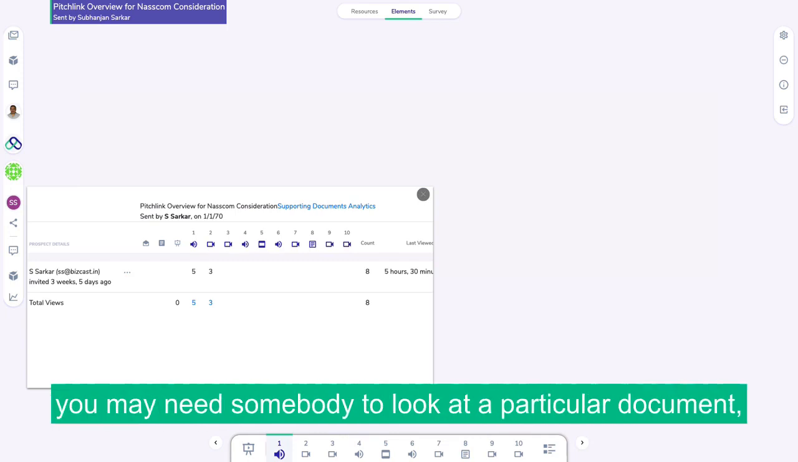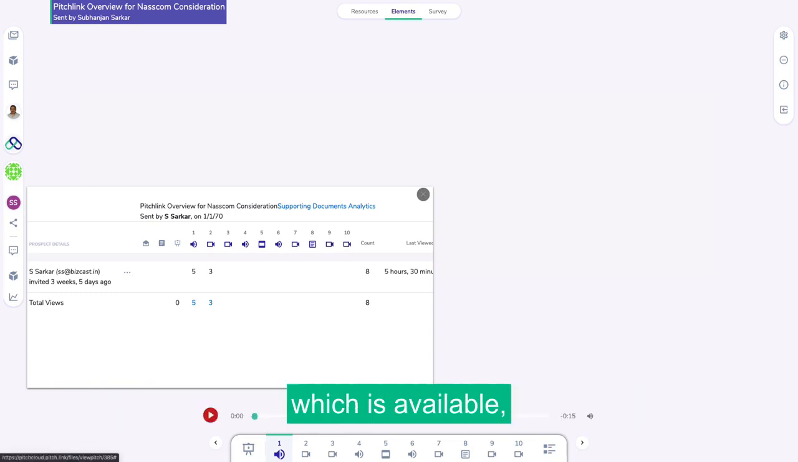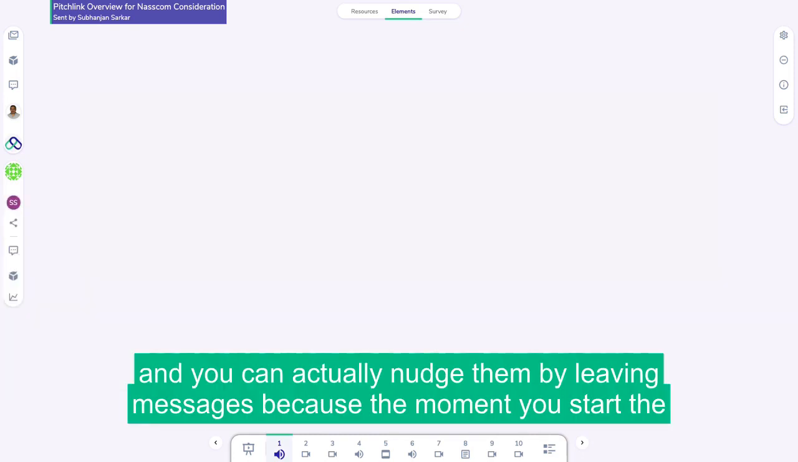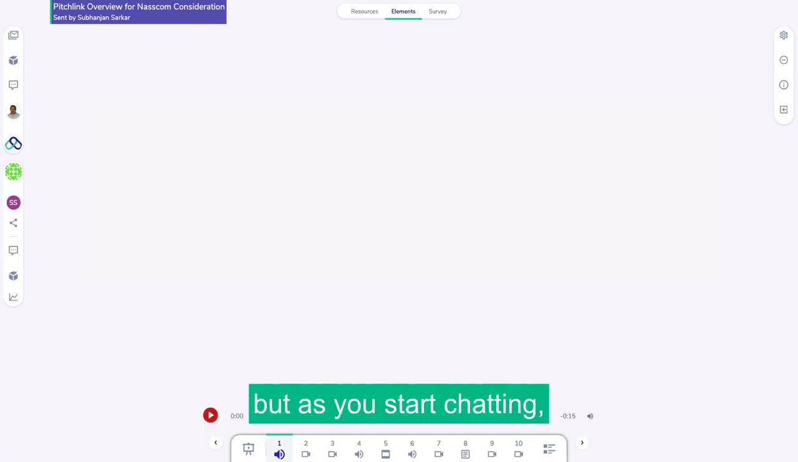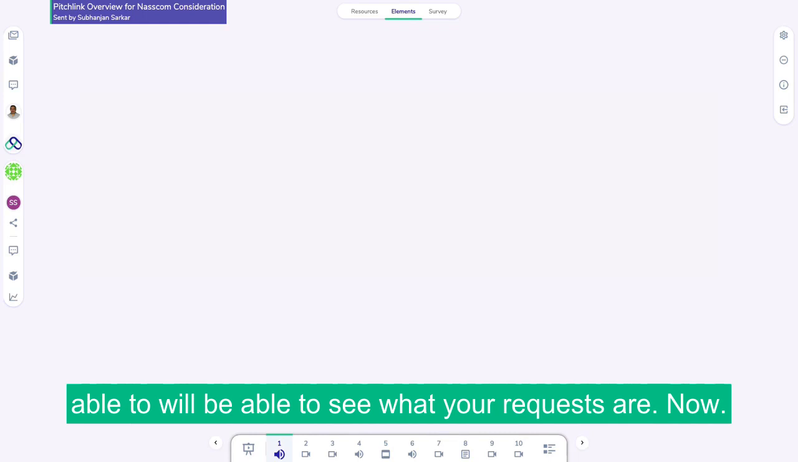You may need somebody to look at a particular document, but if you just quickly look at this analytics which is available, you can see who has seen what, and you can actually nudge them by leaving messages, because the moment you start the chat, although it's not individual chats, as you start chatting, you can leave messages and everybody will get notified, and everybody will be able